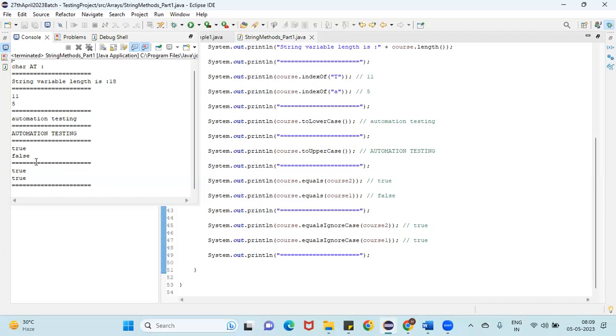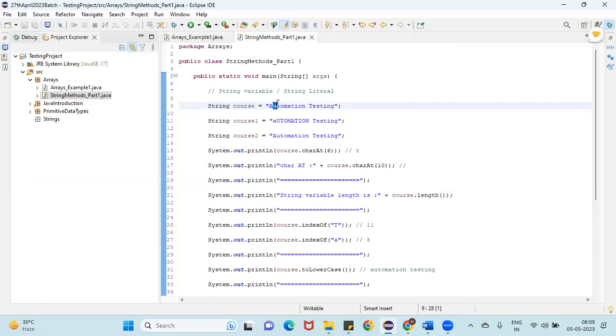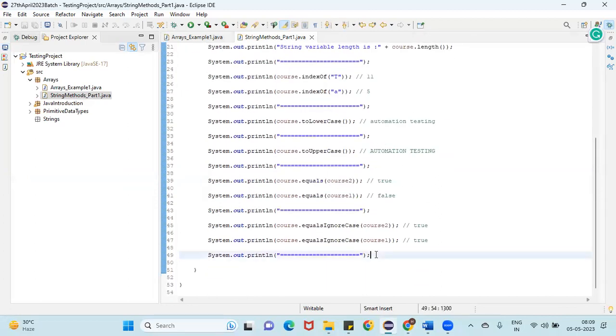Yes or no? Yes, yes, ma'am. So equals will compare the character along with the ASCII value. If everything is same, then only it will return true, otherwise false. But equals ignore case will not verify the ASCII value. It will only verify the character. If both characters are the same in both the variables, it will return true. Any questions as of now